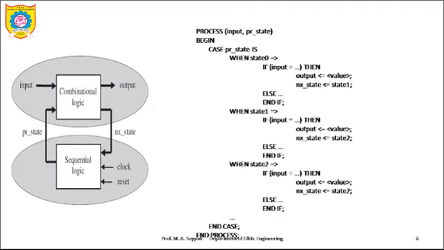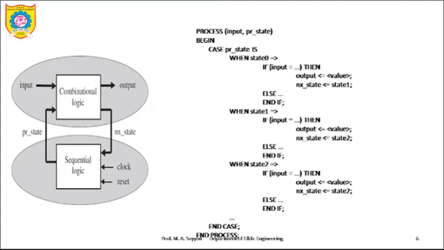Similarly, for this case there will be the next state also. Here we have taken state 1 as the next state. Else, I have not written anything in the else, but suppose the input is not true, then in that case your output may be different as well as your next state may be different, and you can write else also. At the end you have to write end if, and this will happen for all the cases of present state.